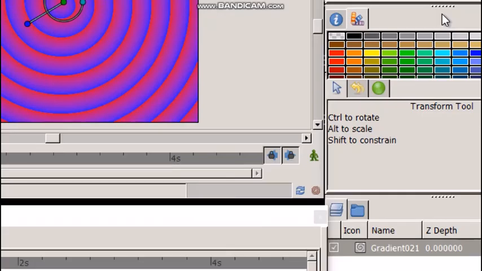So whatever gradient you create using the gradient tool, each time a new layer will be created in the layers panel.